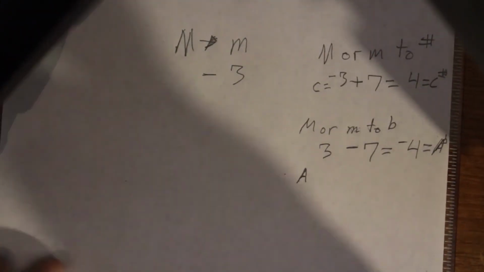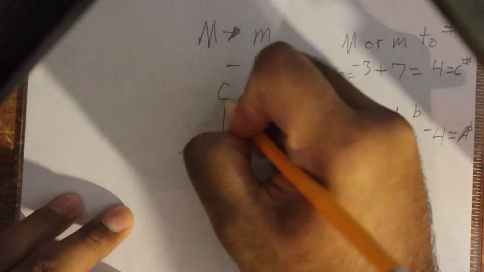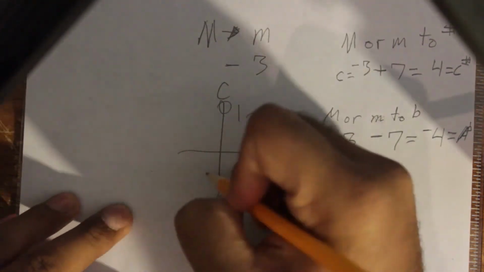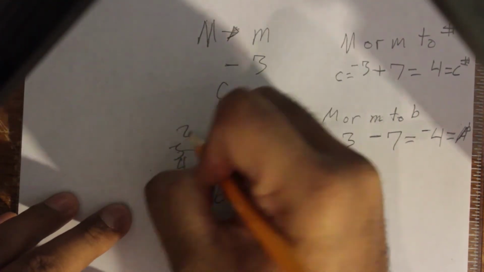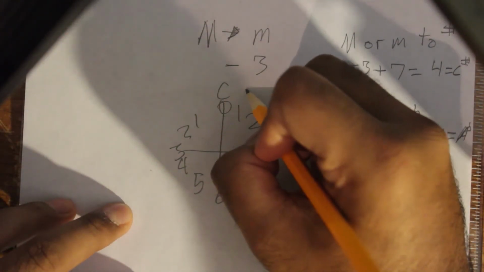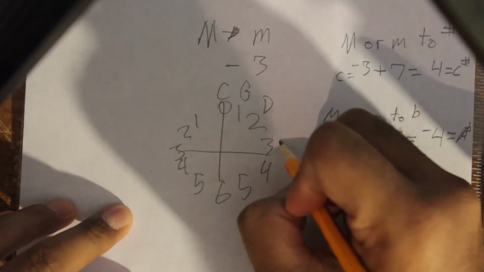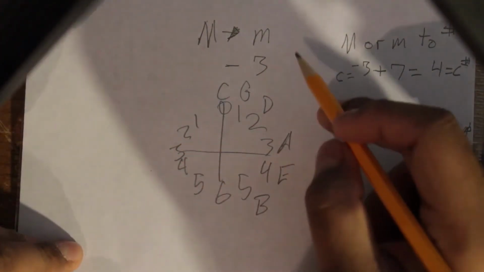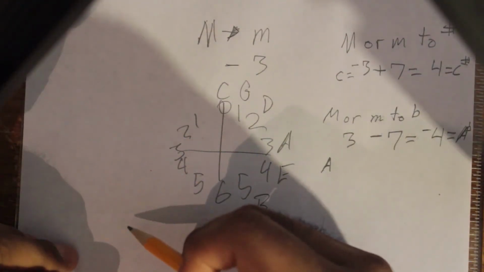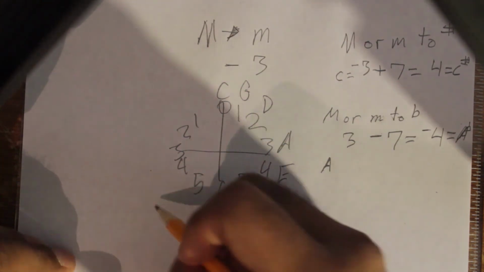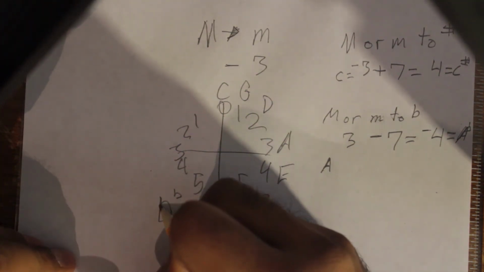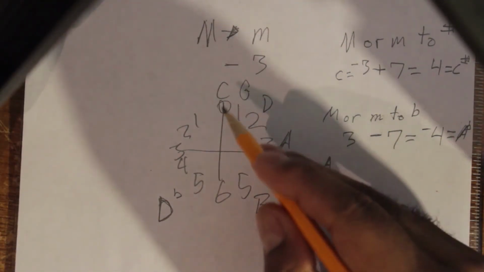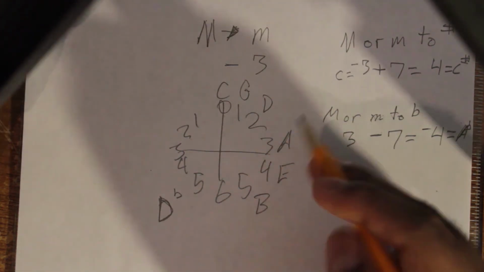Alright, and I guess the last one is the circle. Remember C on top, C is 0, 1, 2, 3, 4, 5, 6, then 5, 4, 3, 2, 1, C. Going around: C, D, E, F, G, and so on. Remember, if they're positive on one side, they have to be opposite on the next side. So D, D flat major. Sorry, that's not a good looking D. As long as you remember that, counting by fives, and then you have to flip it, you'll be good